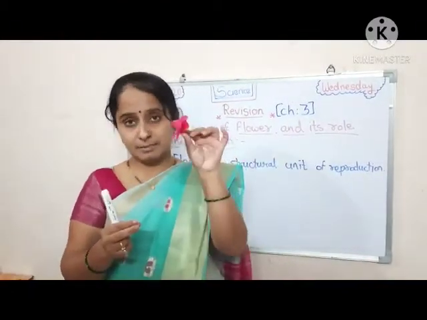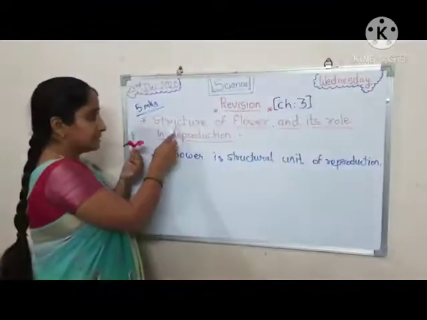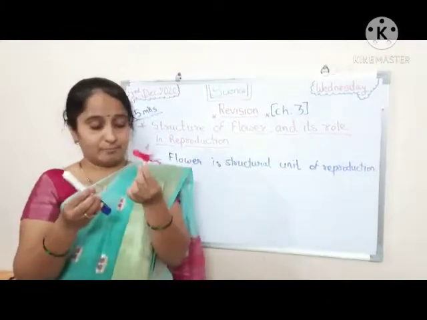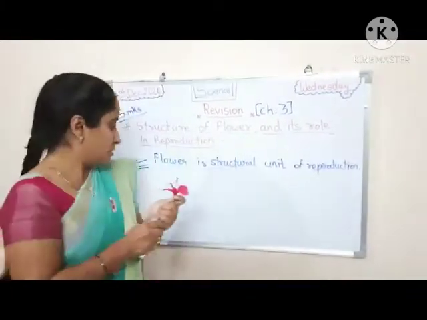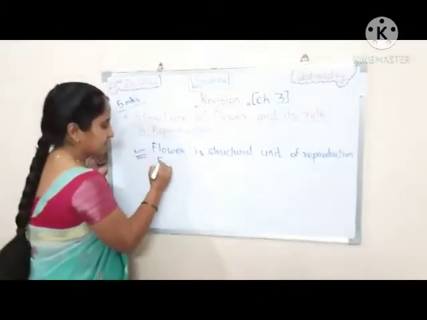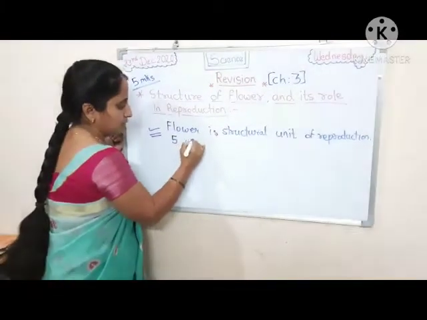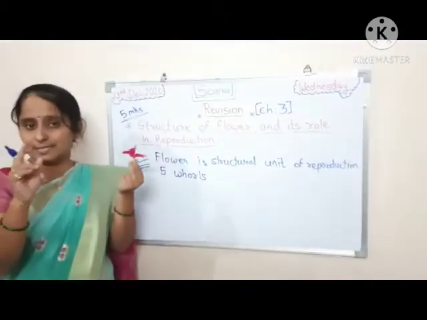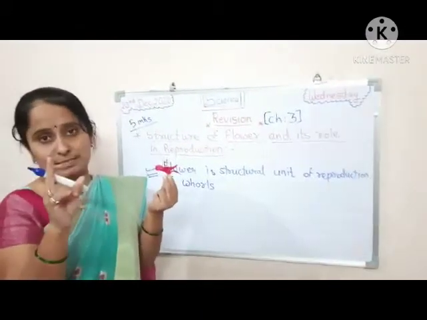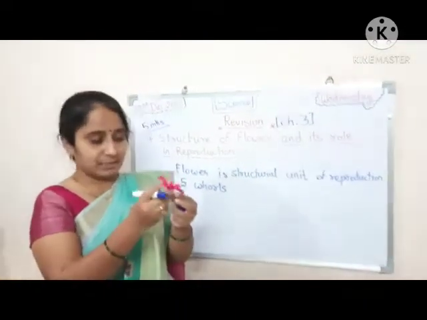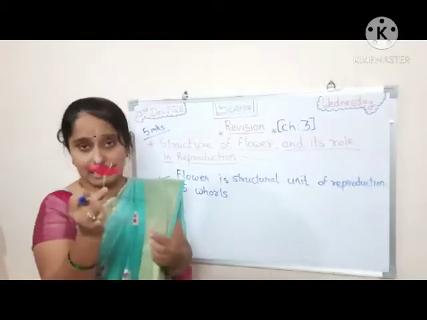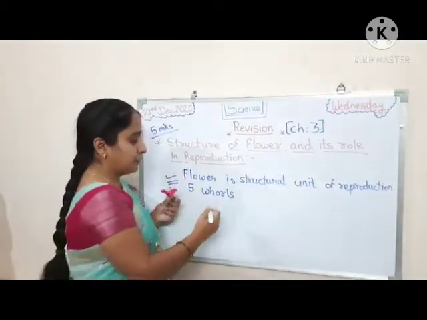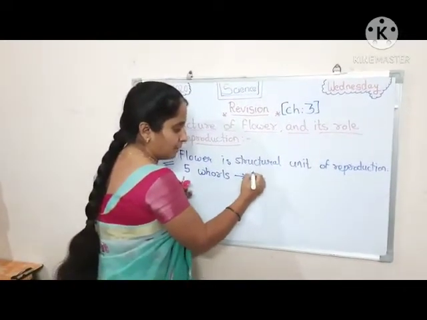You can see this is a hibiscus flower. We are going to discuss its structure. Okay, as I told you, flower consists of 5 main whorls. 5 whorls. Whorls means what? Parts. 5 whorls are there. In your textbook it is mentioned that 4 whorls are there. But in practical, during practical we have studied one extra whorl, that is part of the flower, that we are going to discuss right now.